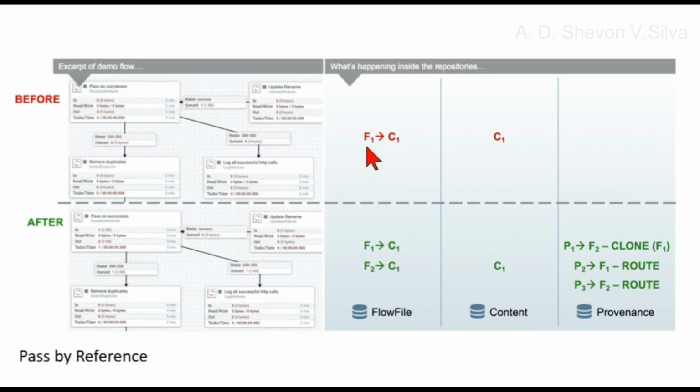in before, F1 is connected to F. Basically F1 is pointing to C1 in the flow file, and here in the content you can see C1, and in after,